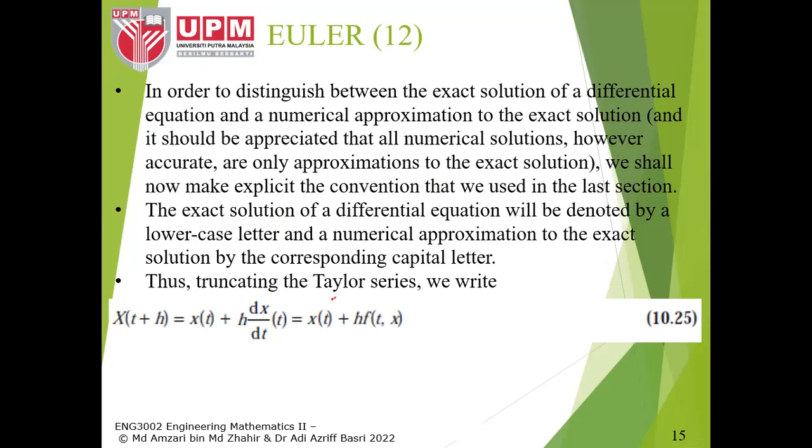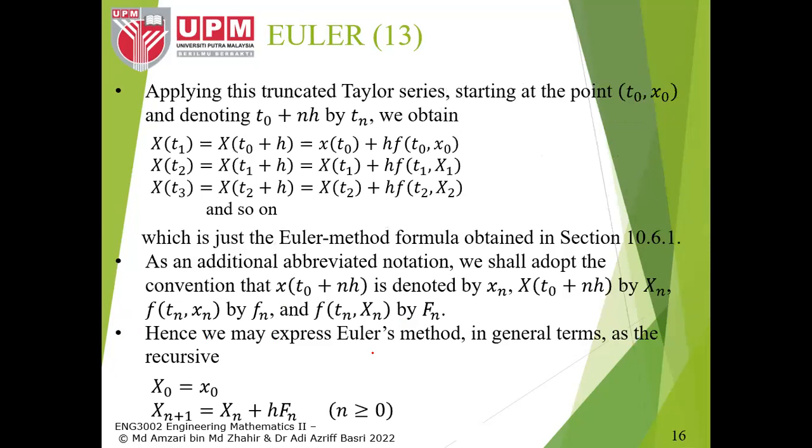So the Taylor series based on the Euler method can be simplified to something like this. So x(t plus h) equals x(t) plus h times dx over dt, equal to x(t) plus h times f(x(t)). So this one is a function of h times f. Okay. So by applying the Taylor series,